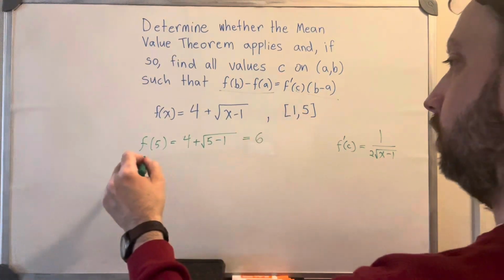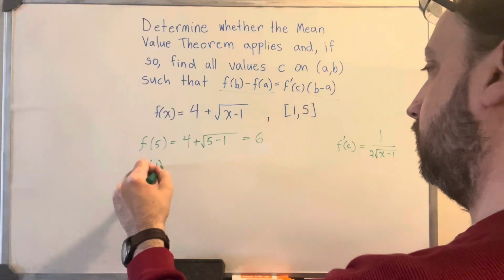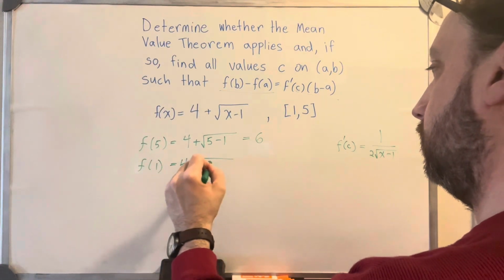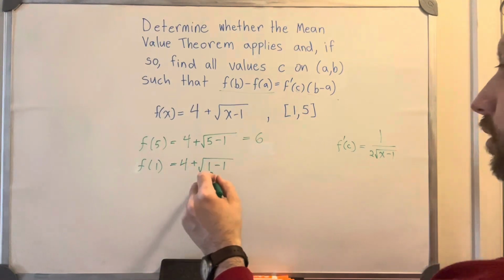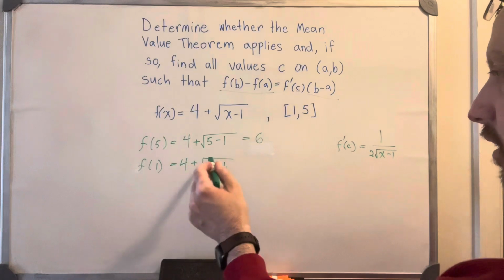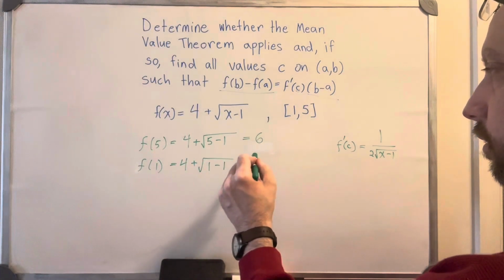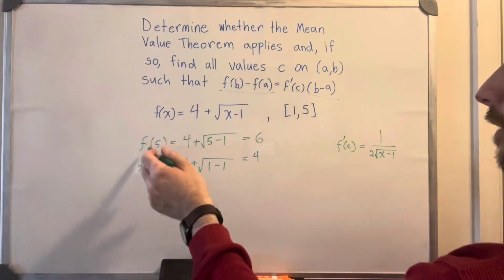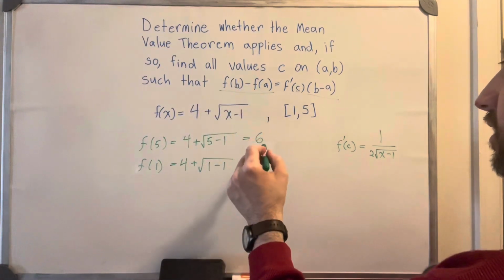Let's do f of 1. 1 minus 1 is 0. Square root of 0 is 0. 4 plus 0 is 4. Okay, so f of 5 minus f of 1 is 6 minus 4